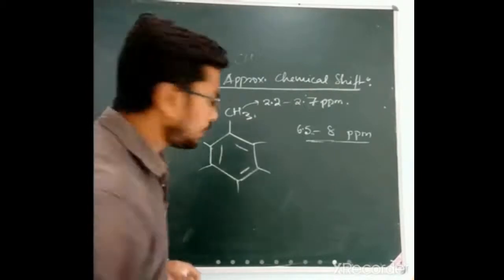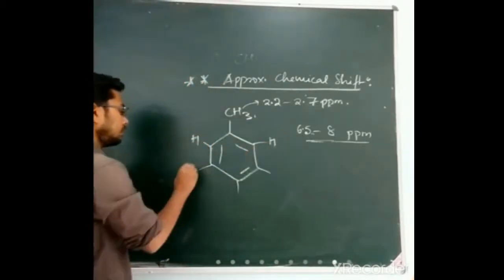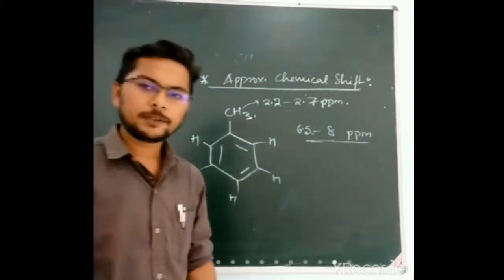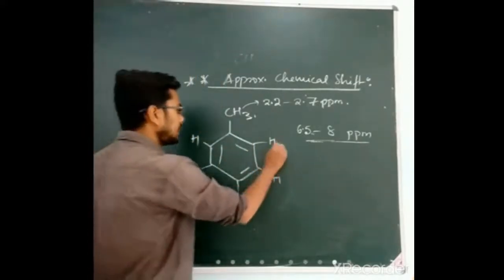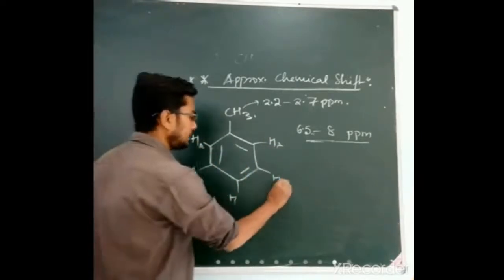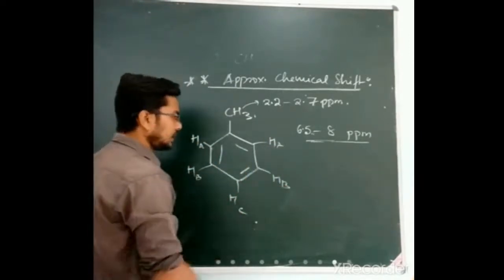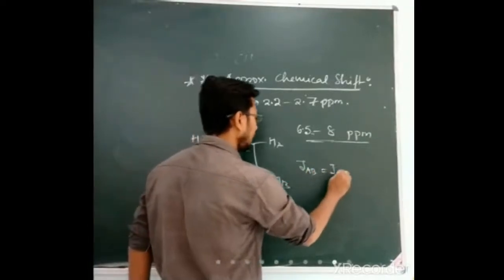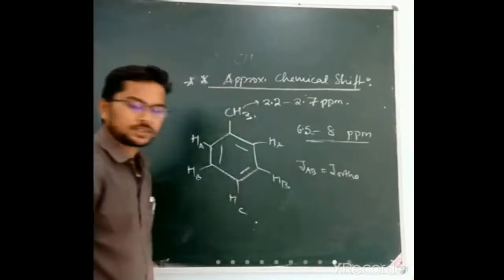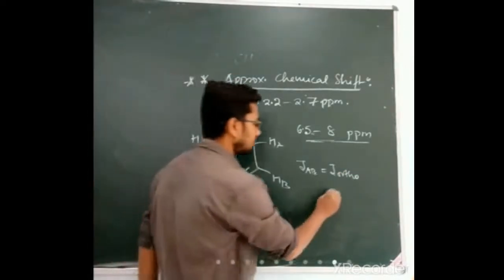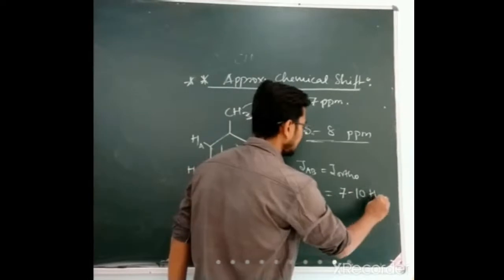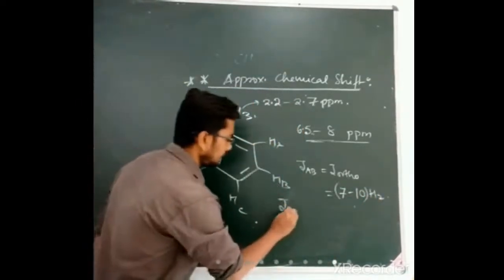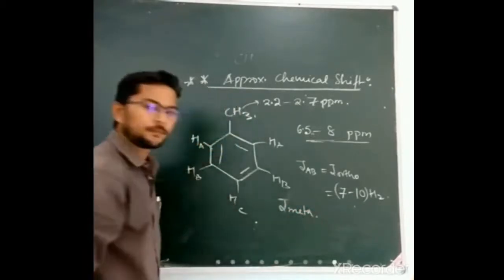So when we have a substituent here, all these hydrogens now become chemically inequivalent. So now if you have this here, this is Ja, then you have Jb, and Jc. Then the relationship between A and B is the ortho relationship, J ortho. So J ortho is the strongest coupling in your aromatic ring. This falls in 7 to 10 hertz. Then you have J meta. Any doubts?